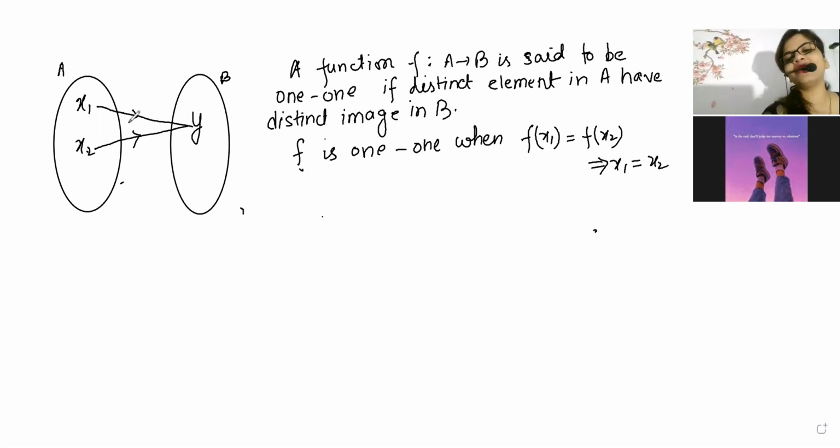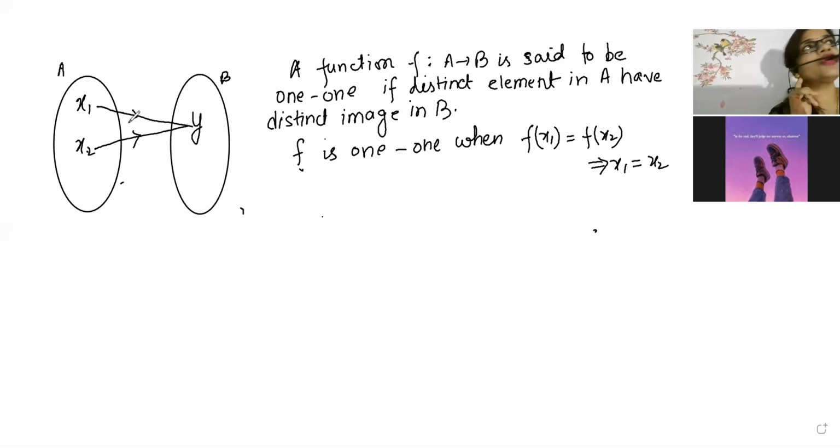Here we have to start with two different elements. We start with two different elements in X, and then we have to prove that it is not two different elements, it is exactly one element. And if we are successful in proving that, then only we can say the function is 1-1. Okay, so now let's see some examples. You have to start with some example, because I have to prove it with the help of some example, then only we'll be understanding.